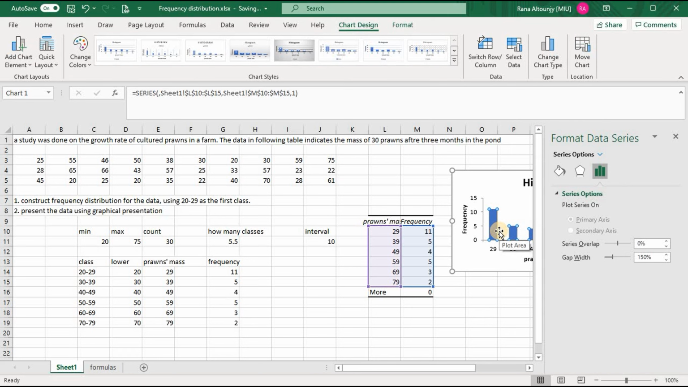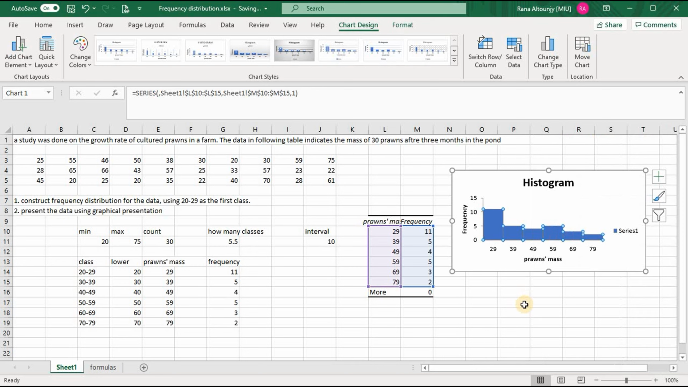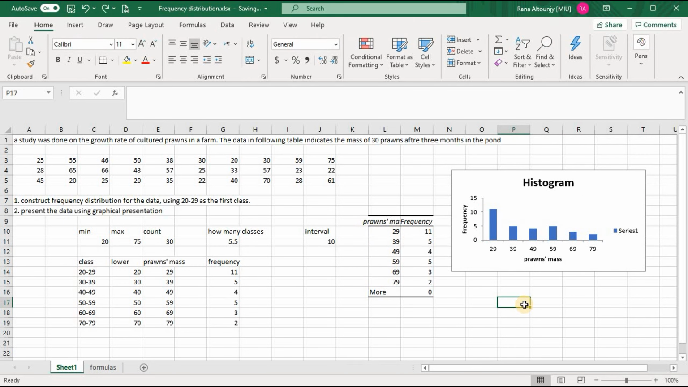Okay, then you go to the series option. It's here. You just make the gap width 0. Again, I'll do Ctrl Z. Okay, so how can we make this one a